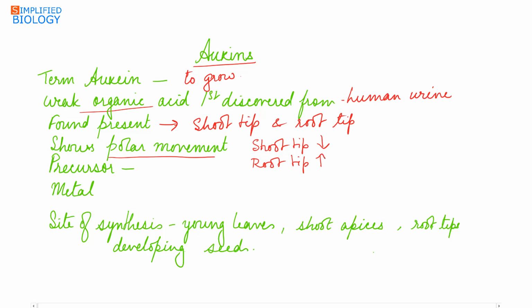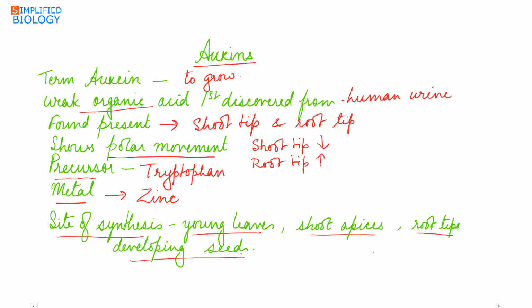The precursor of auxin, means from which it is synthesized, is the amino acid tryptophan. And the metal that is used in the synthesis of auxin is zinc. The site of synthesis of auxin in the plants are young leaves, shoot apices or the shoot tip, root tips,